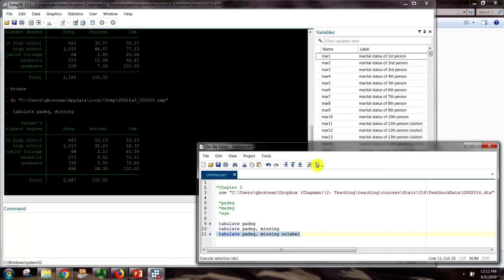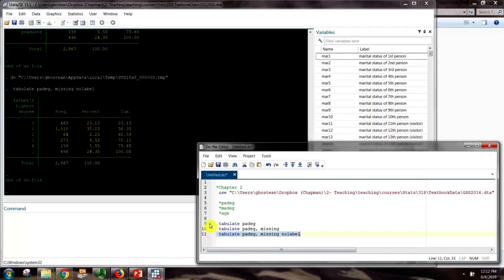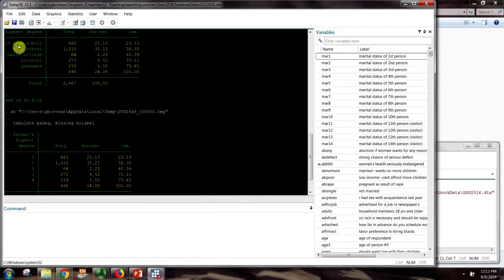The no label option, I'm accidentally putting bookmarks here. These little blue arrows are bookmarks, and sometimes they're useful, but right now I'm doing it by accident. You can ignore them if you happen to do the same. So the no label option, notice, will give you, instead of the value label for each of the response categories, the actual code